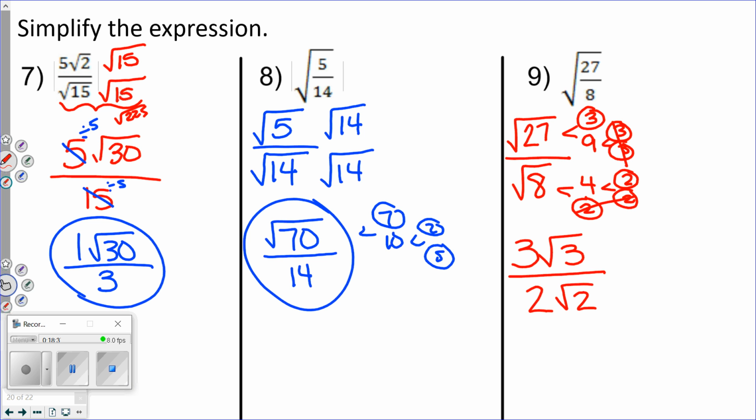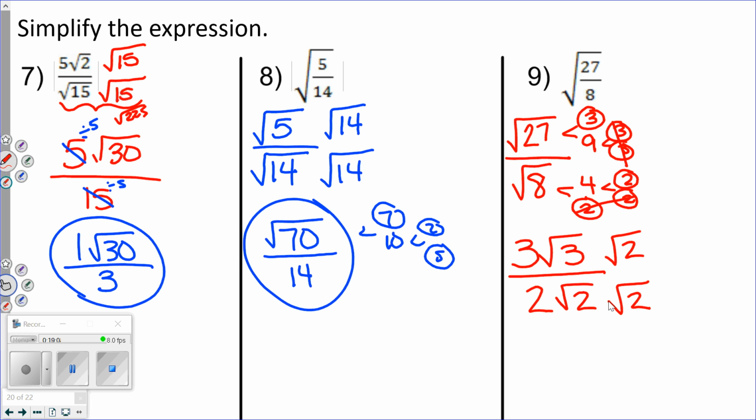All right, so from here, we followed our steps. We did step 1, we split it. Step 2 was simplifying each of the radicals. In this case, they both simplified. Step 3 is rationalize. What do I multiply top and bottom by? Just radical 2, right? Because that's the only part that's bothersome. I can't leave the radical in the bottom. That's the bad part. So we multiply top and bottom